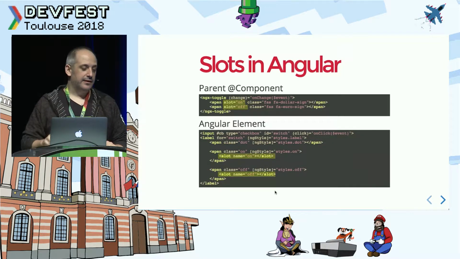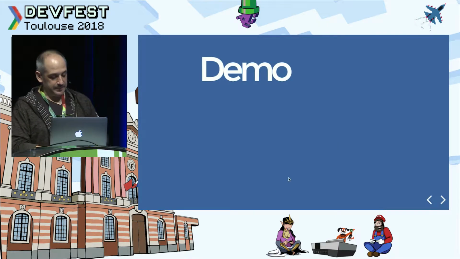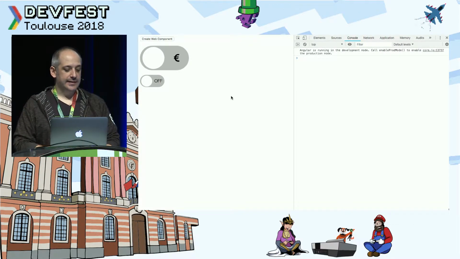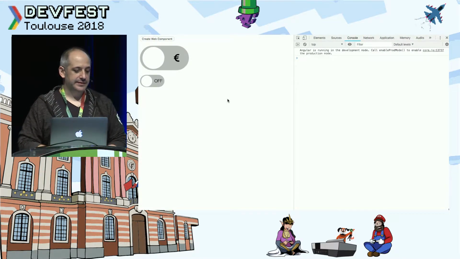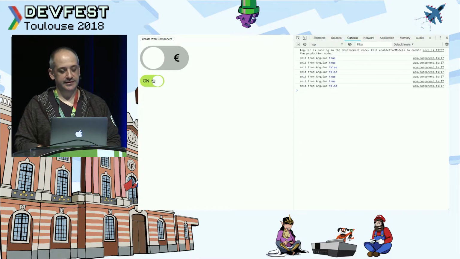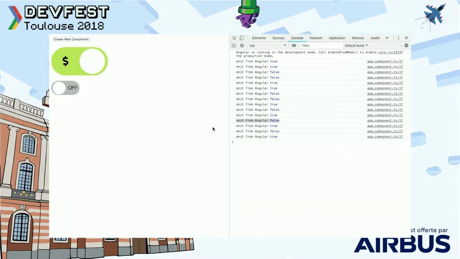So let's see the demo. The demo is these two checkboxes, okay? And we can create this web component. As you can see, when I click on it, a console log is emitted, telling me the value of the toggle. And if I create a web component,